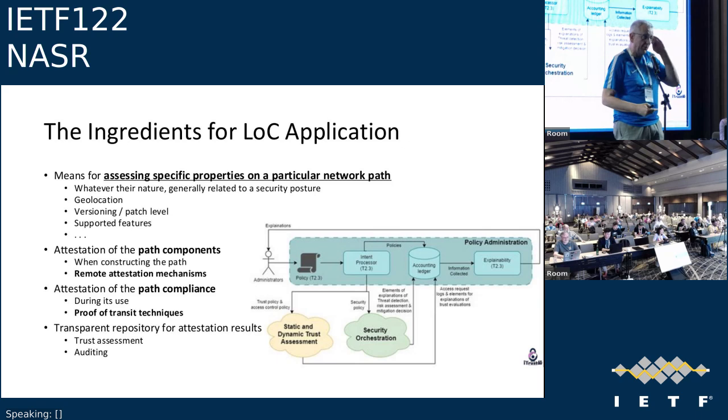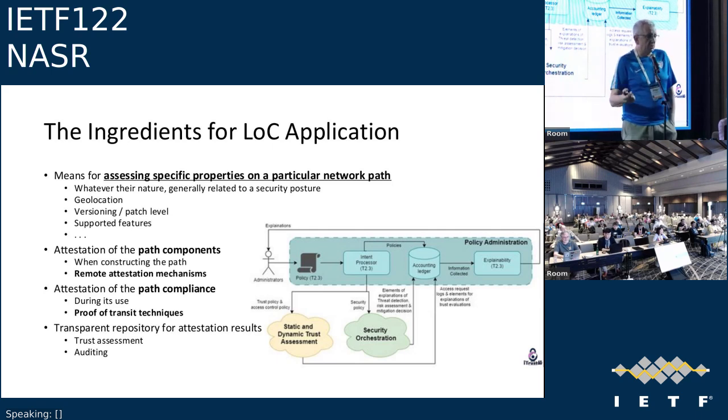Normally they are related to a security posture of any nature, about whether you're applying link encryption, certain security measures, or using particular security functions, typically geolocation. It was the archetypal case that we were considering. You can consider supported features, whether you use a particular extension or version of a particular protocol, patch levels, whatever. The idea is that when you are building the path, deciding how the path is, you can attest the